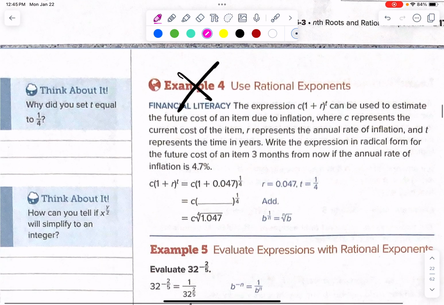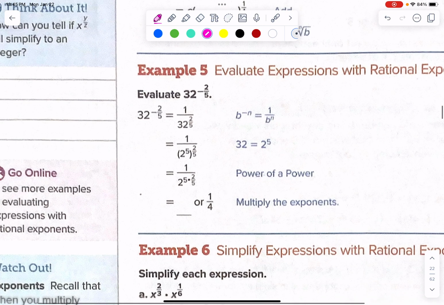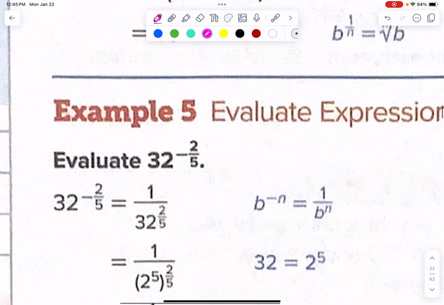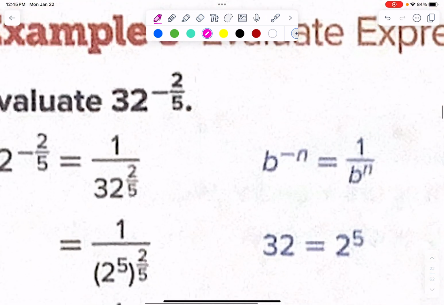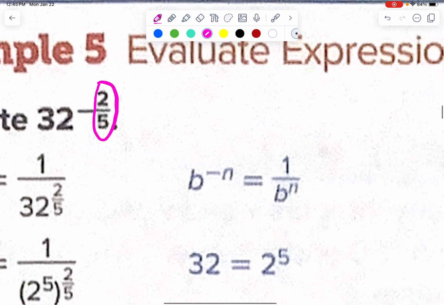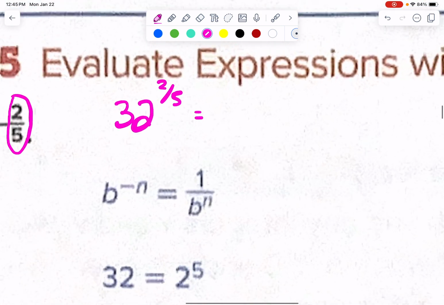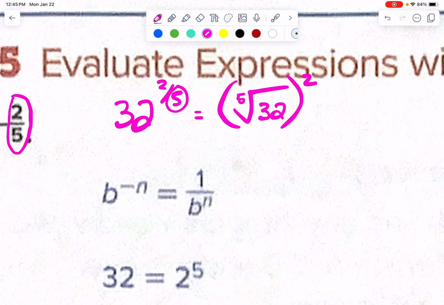I'm going to skip example 4, but then let's talk about two more kind of weird things that they can do to you, okay? So let's just pretend for just a second that that doesn't have a negative there. This is 32 to the 2/5 power. Let's just pretend that it just says to the 2/5 power, okay? We are going to practice this, and the 5 becomes the root. So the 5th root of 32, I'm going to take that number to the 2nd power. The 5 goes to the bottom. It's the root. So then I ask myself, what do you take times itself